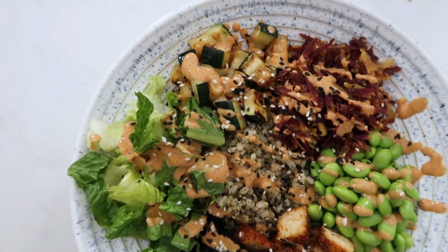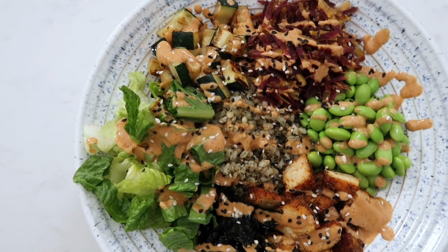Okay guys, there's my makeshift rice bowl, slash, it's kind of like a sushi bowl I'm going to say, because it's more Japanese inspired than anything. It has edamame, it has the Tokyo mix seasoning, it has seaweed. Our sauce is a little more Korean, obviously, with the kimchi, but you know, it actually made quite a lot